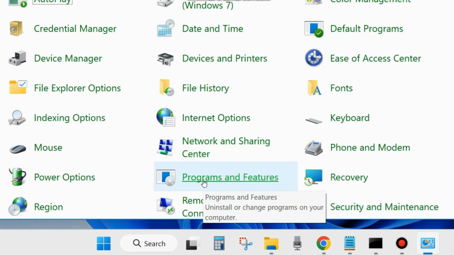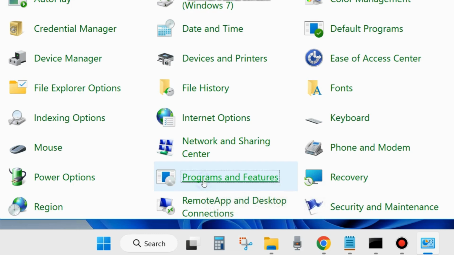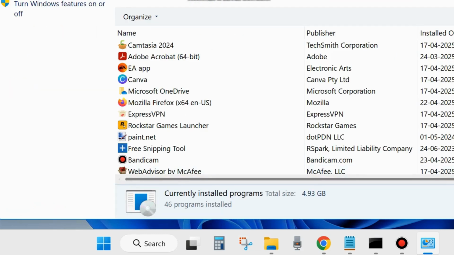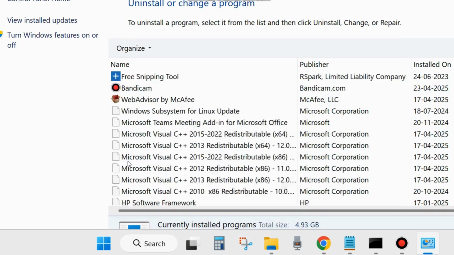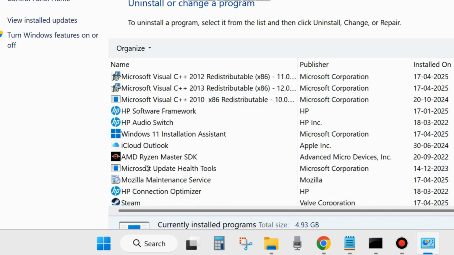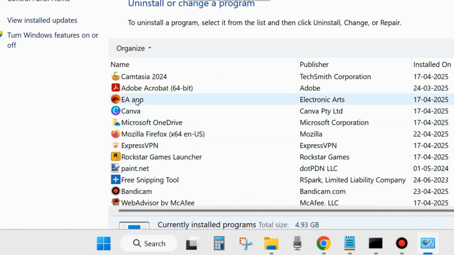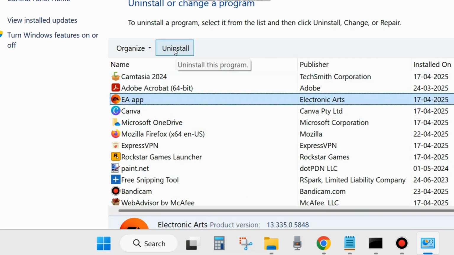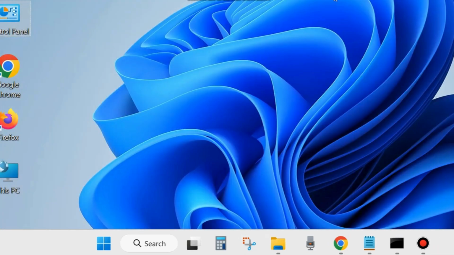Open control panel. Here go to programs and features. And here find any recently installed apps and features or any problematic apps. If you find any, then simply select it and choose uninstall and reinstall a fresh version of